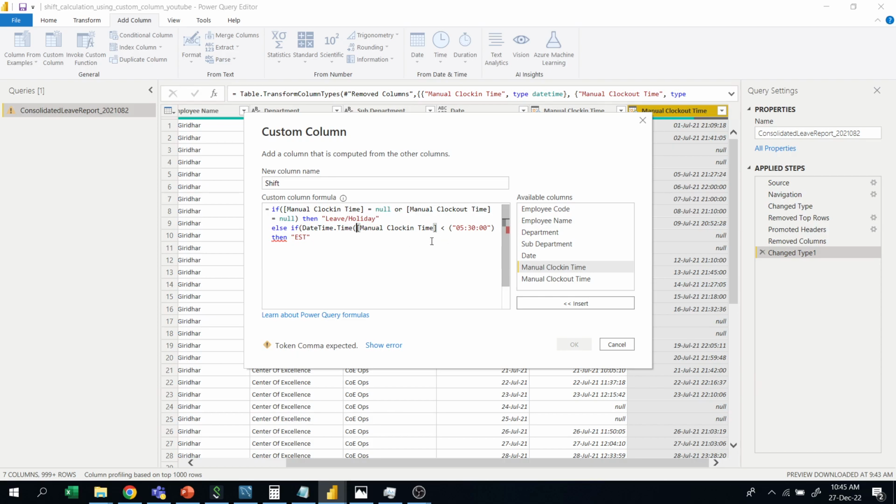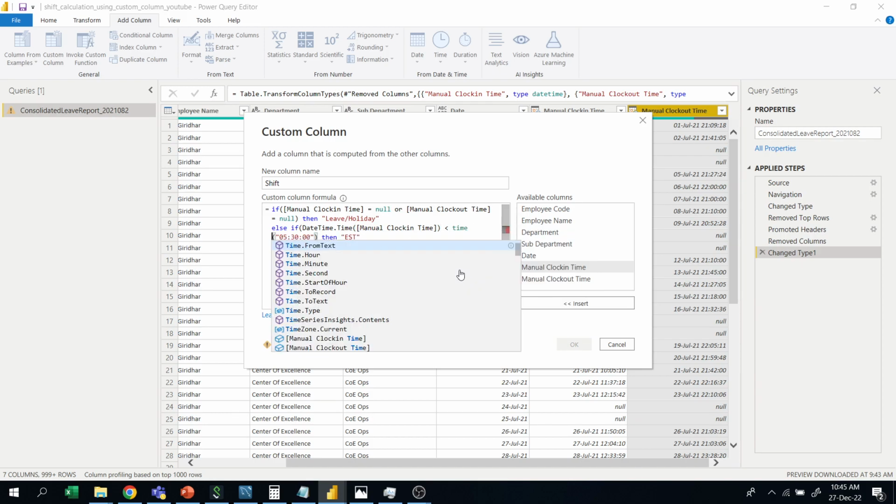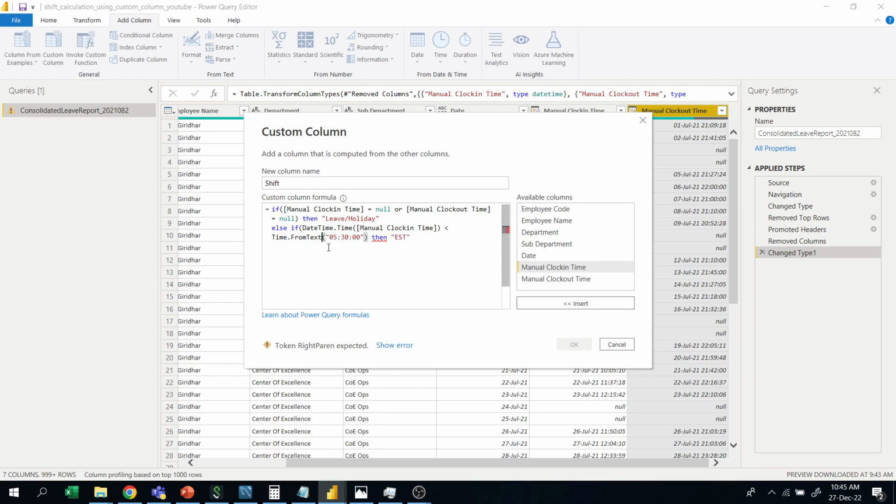Then we have to compare with 5:30 a.m., and here it is text, so we have to convert the text to time. So we use Time.From here. Close the else if bracket here, then it is EST. Else if